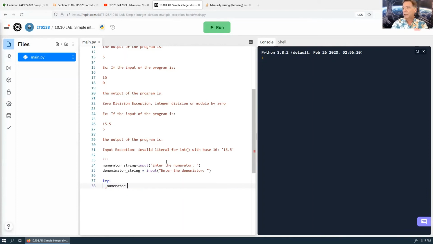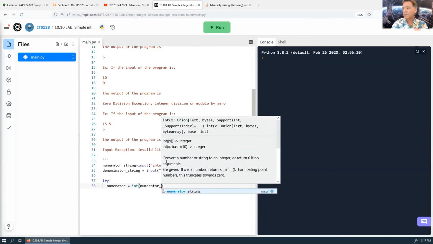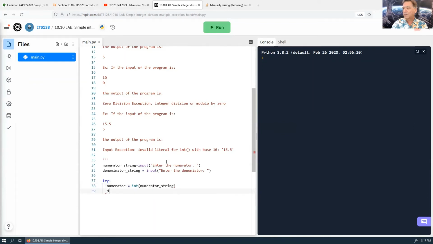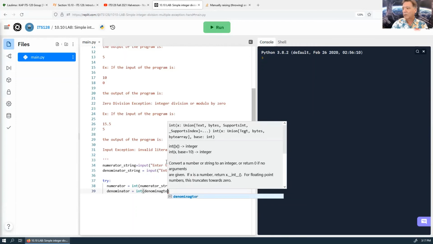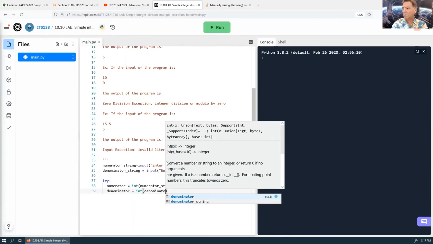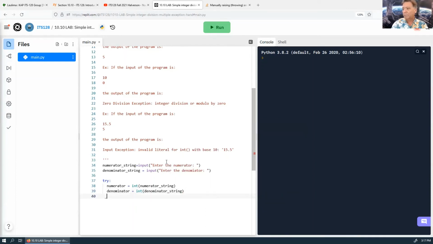Numerator equals int of numerator string and denominator equals int of denominator string. And print quotient equals